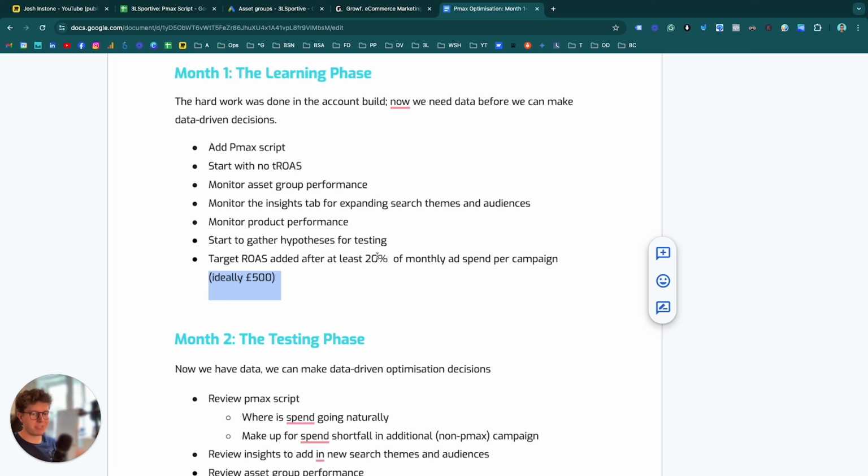But if that's quite a lot of your monthly spend, typically just go off 20% of your monthly spend for that specific campaign. Not the whole campaign, for your specific campaign based on your budget split. Next thing we're going to do, we're going to monitor 3 areas. So we're going to monitor asset group performance, we're going to monitor the insights tab, and we're going to monitor product performance. As we say, the key here is monitor. We're not actually going to do anything because what we're going to do is start to gather hypotheses for testing